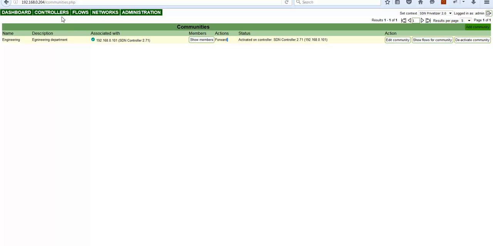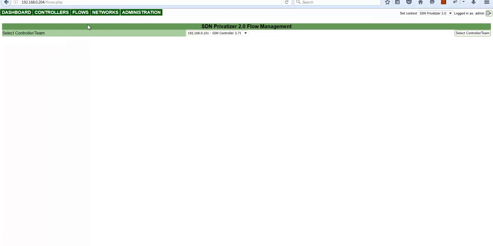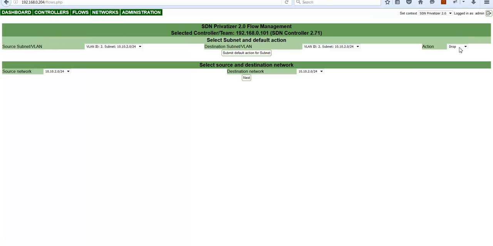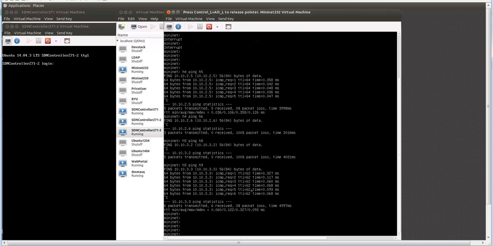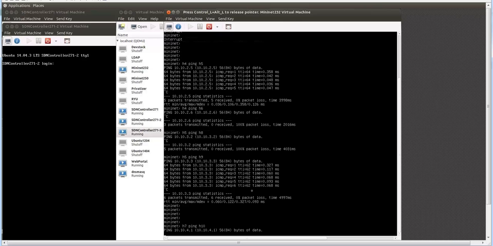Just remember, for the flows, I did not set a flow rule to block traffic between subnet 2 and subnet 4. So let's do that. And also for VLAN 3 to VLAN 4, let's do that as well. So again, back to this one. So host 7 ping host 10. Should not be able to do that, but